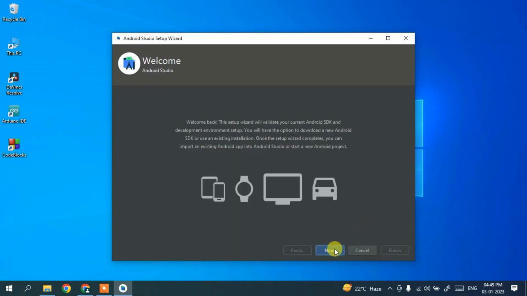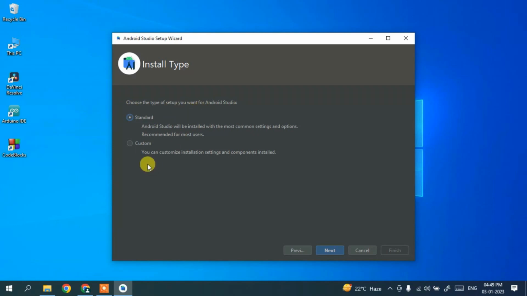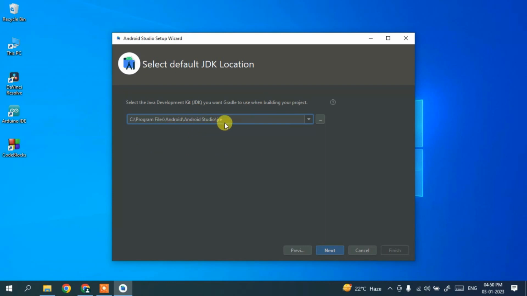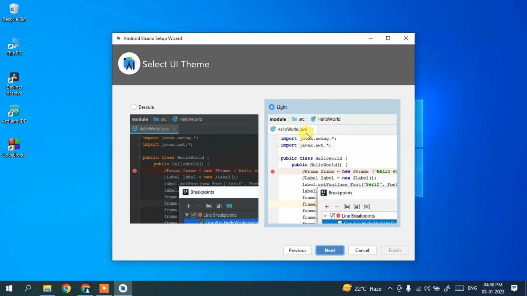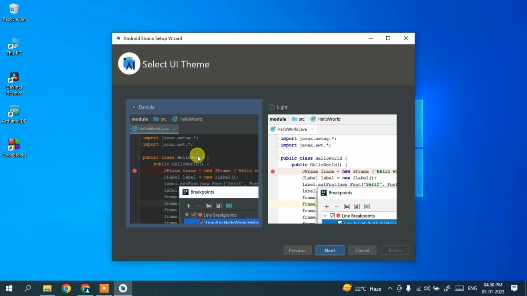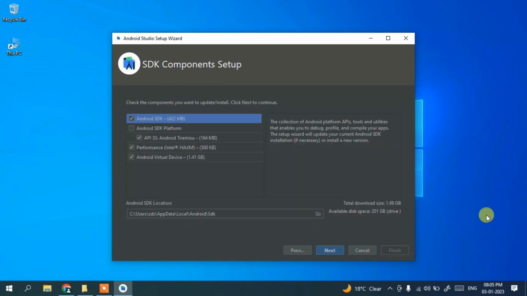So just click on next, and here I'll be recommending you to choose this custom installation and click on next. So this is where our Java JRE is going to be installed. So totally fine, click on next, and it is asking which theme you'd like to use. For light you need to click on this, or for dark theme you need to click on this Dracula. I'm going to choose Dracula and click on next,